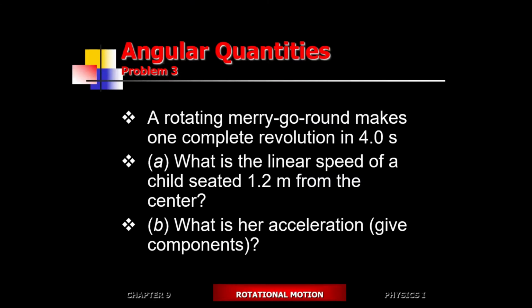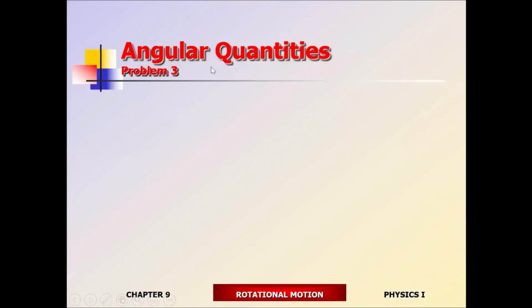Okay, so now let's take a look at a simple problem to illustrate this one. We've got a merry-go-round. It takes 4 seconds for a single revolution. So it's just going to go around, and one single revolution is going to be 4 seconds. We are trying to figure out the linear speed of a child seated 1.2 meters from the center, and what's her acceleration? I'm just going to do part A